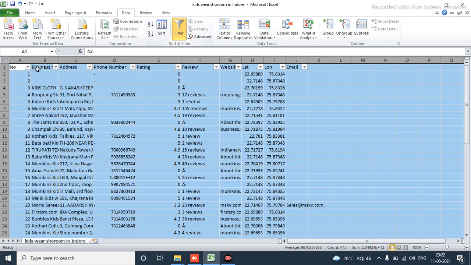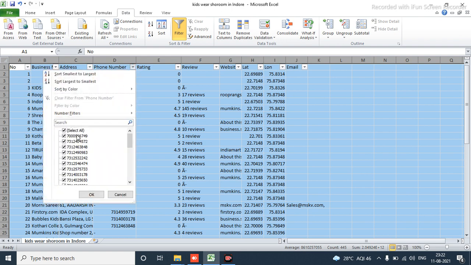The filter will be applied to all the columns. Now the first process is to remove these blank rows. If we select only blank rows and delete them, then the rows filled with numbers will remain, so our purpose will be solved. We have applied the filter here. Now we will click the down arrow here.